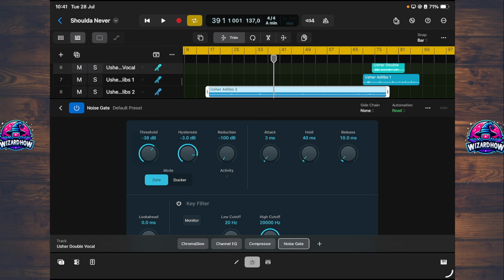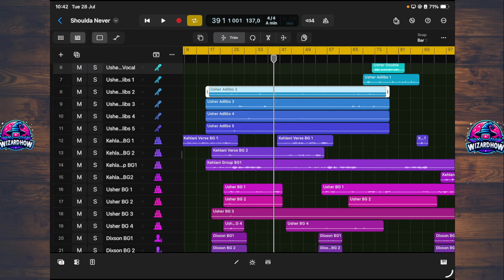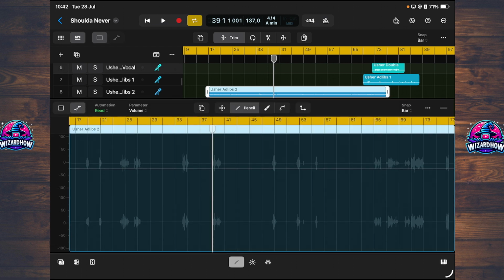It will be if the noise is really loud between phrases, you can manually cut it out using your fingers or an Apple Pencil. So what you're going to do, double tap your audio region in the timeline, like so, or you can just press here at the bottom to this pencil, like so. And what we are going to do now